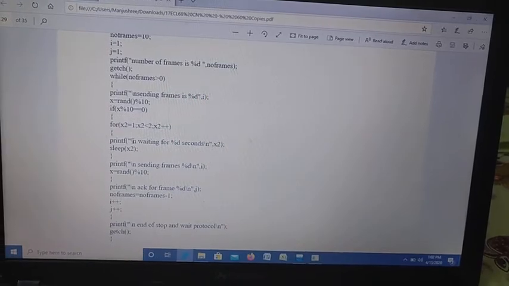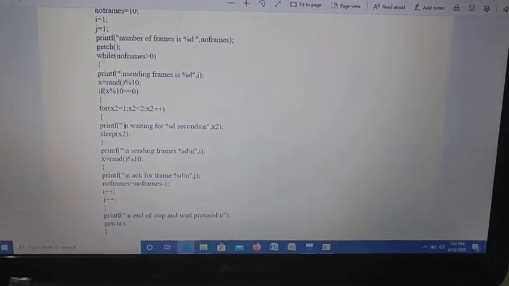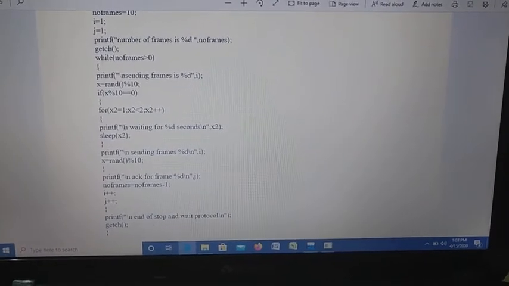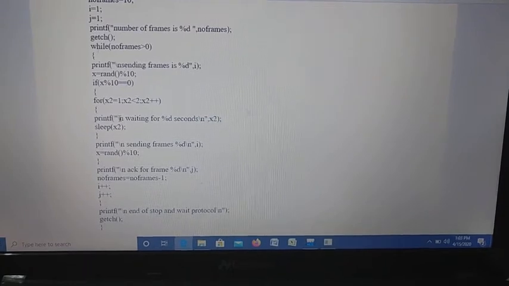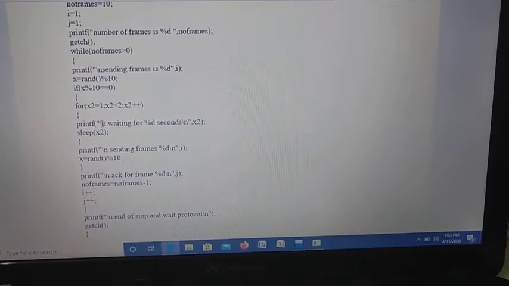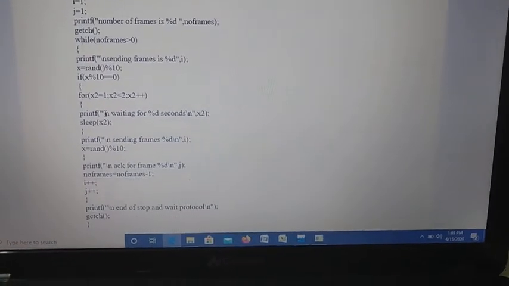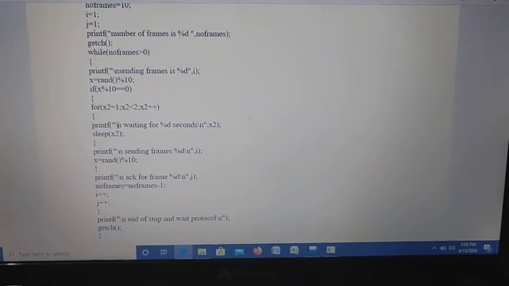Next, x equal to a random function modulo 10. The random function is going to return a pseudo random number in the range of 0 to 9. Any value can be returned, and we don't have an idea which, because it depends on the system configuration.